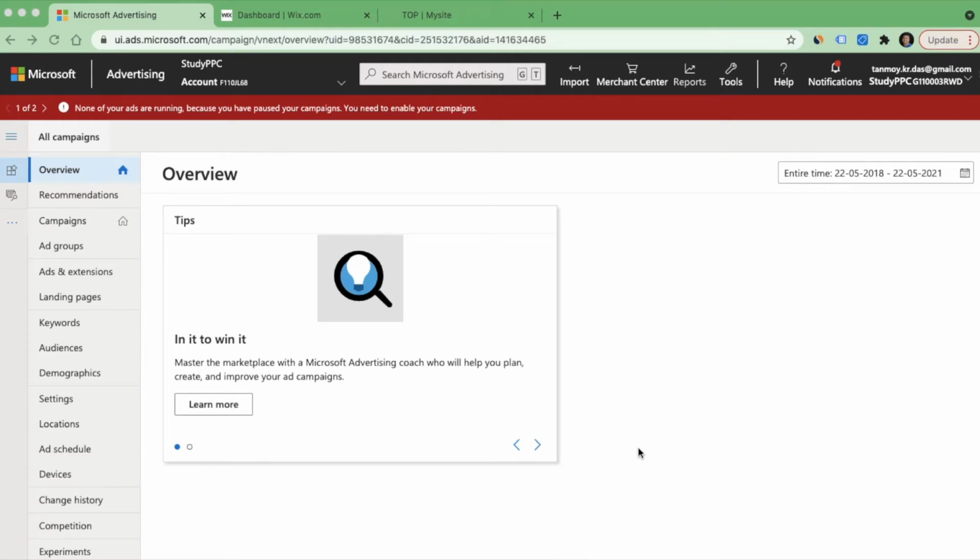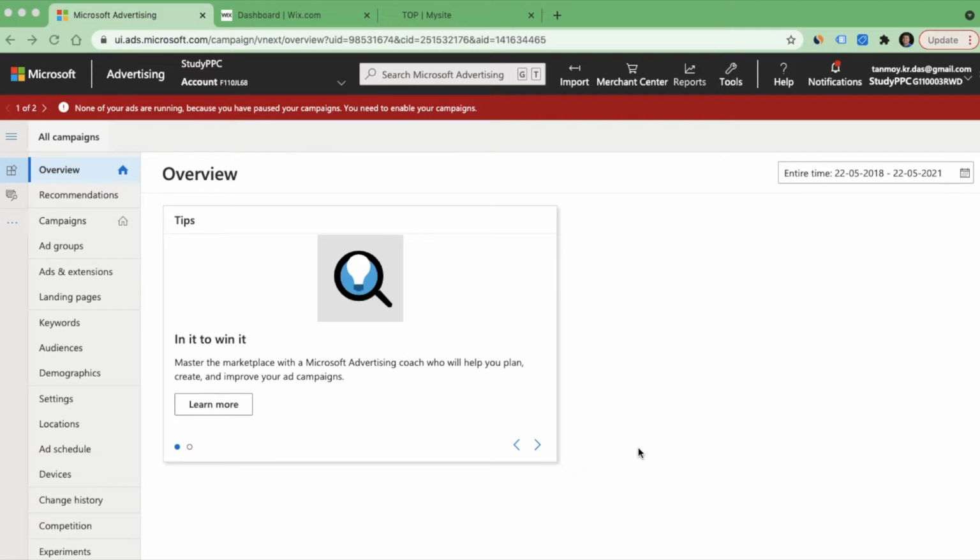In today's session, we will see how to create a search remarketing campaign from Microsoft Ads account. In order to create this campaign, the first thing we have to do is create a universal event tracking, which is basically a conversion tracking setup, which we will do on our website. And then we are going to create an audience list linked to it, and that will be linked to our search remarketing campaign to build this out. So let's begin with that.